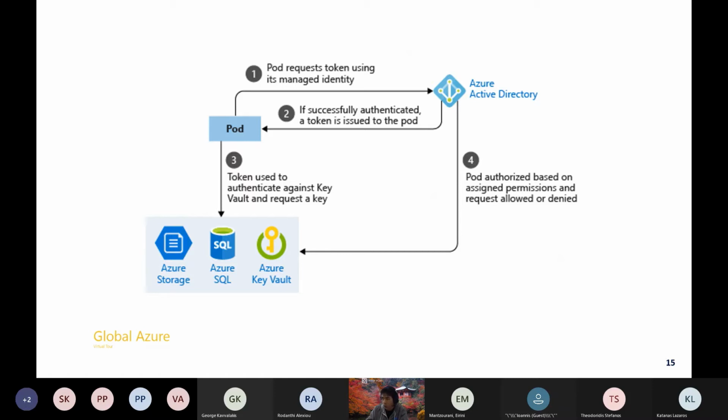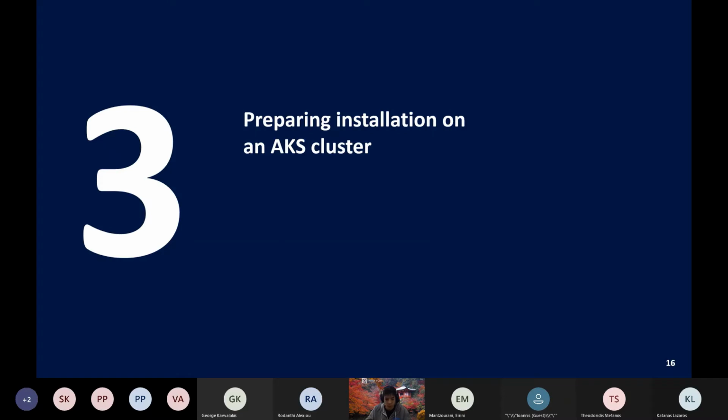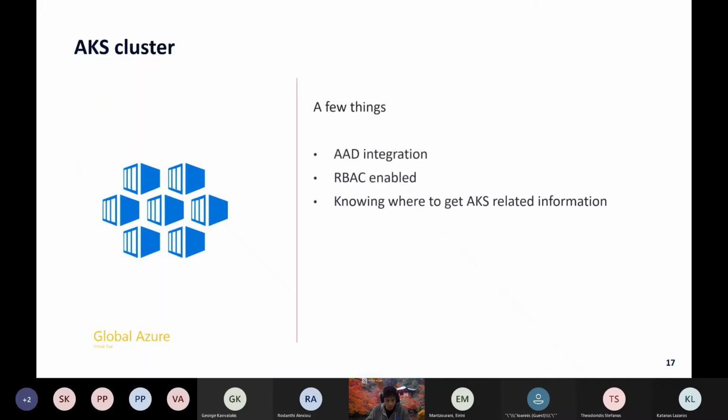that's quite all for the basics for now. So to make this thing work, we need to have a Kubernetes cluster. A few prerequisites on the Kubernetes cluster. We need to have Azure AD integration, which is kind of obvious because you want to grant access to Azure resources through managed identity. So without Azure AD integration, it would be difficult. It also needs to be RBAC enabled, and also some other things that we need to know are